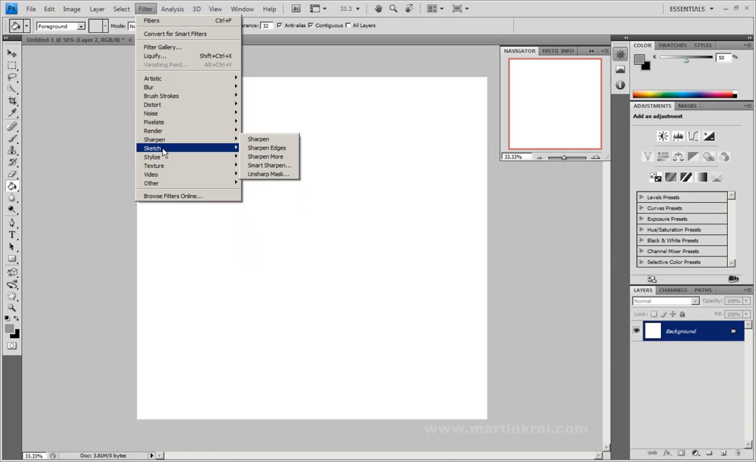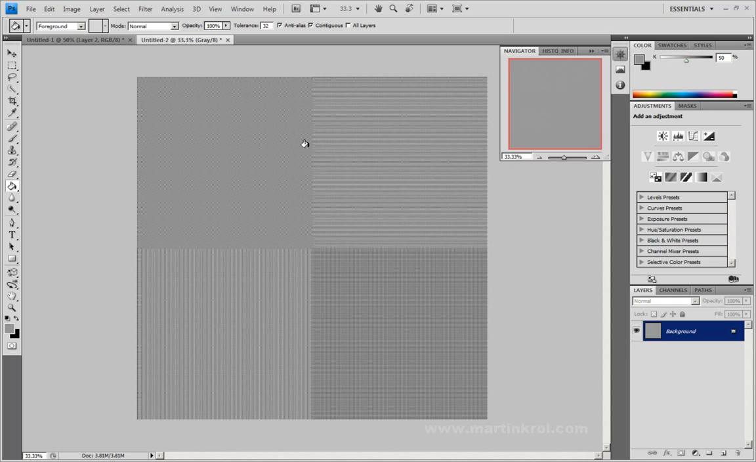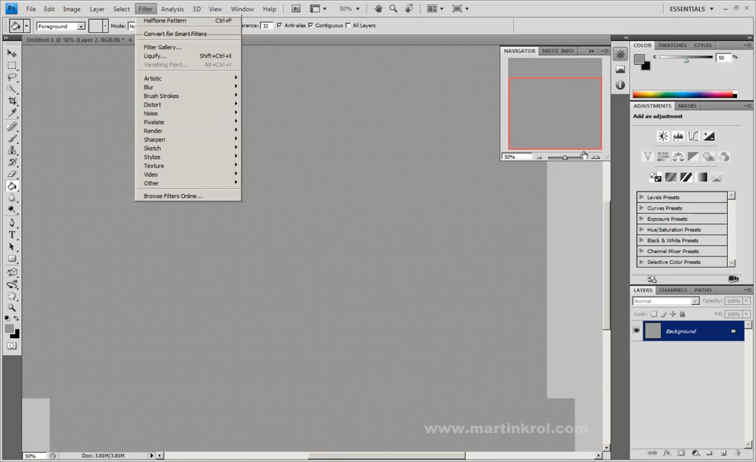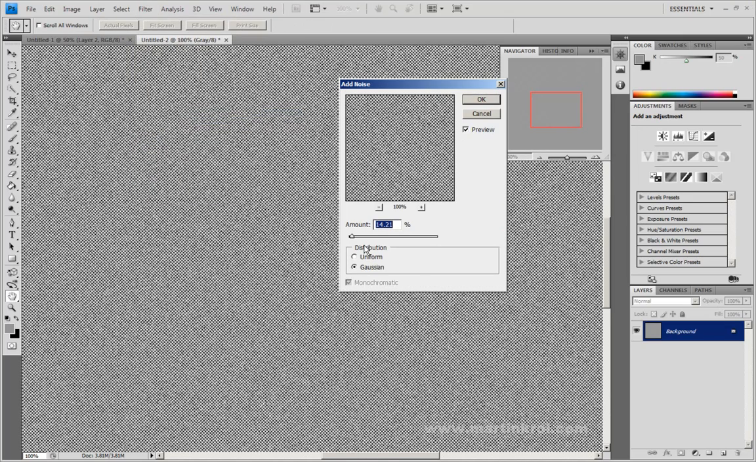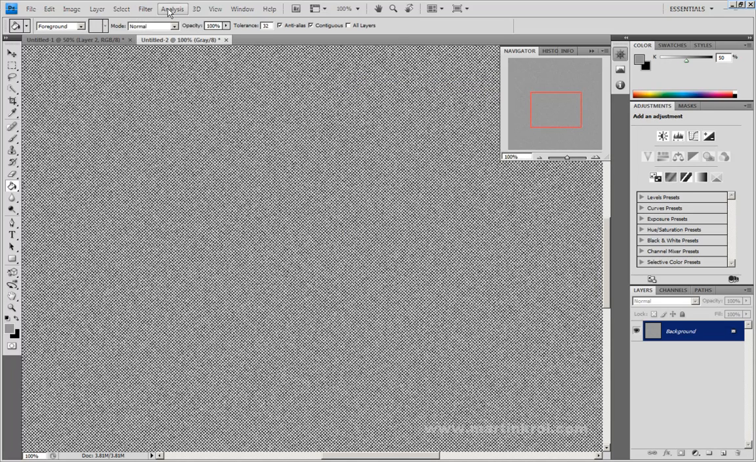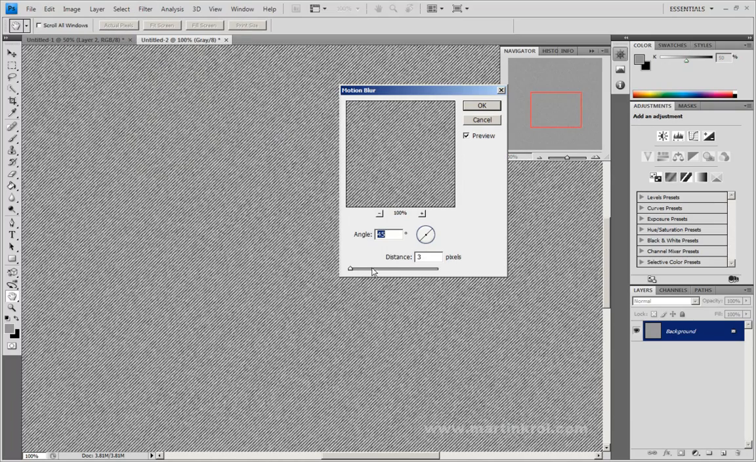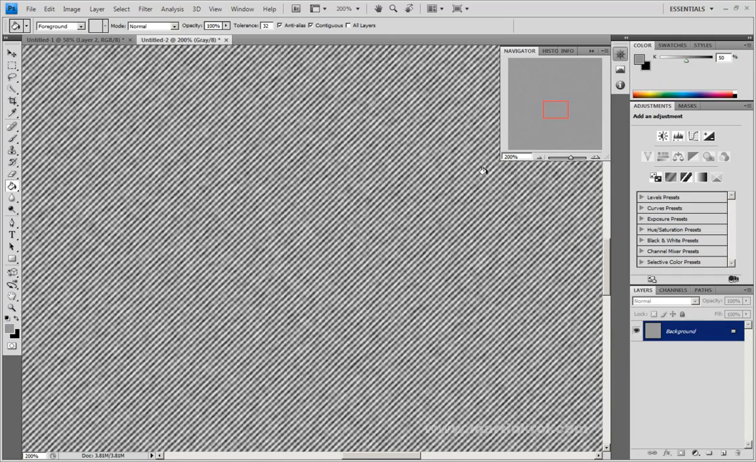So let's go back into sketch, halftone. And let's once again create this here. Zoom into 50% so we can see the pattern more clearly. And you know what? I'm actually going to zoom to 100% because I want to see the details here. Going to add noise. I guess something like that will be fine. Once again, go into blur, motion blur. And this time I'm going to go a little bit further to 4. The reason I wanted to go to 4 this time is that now